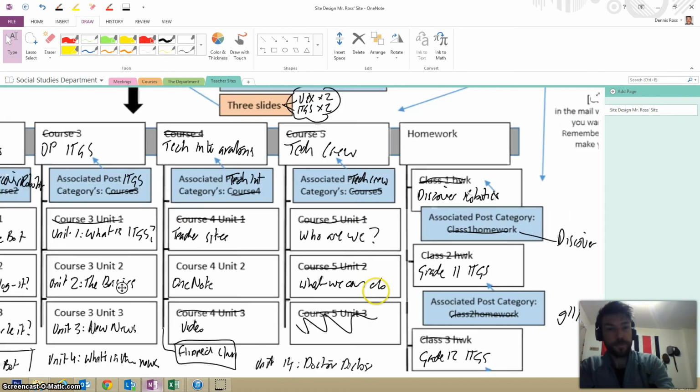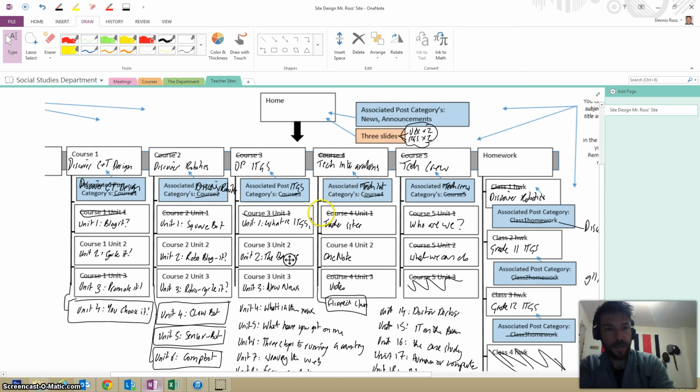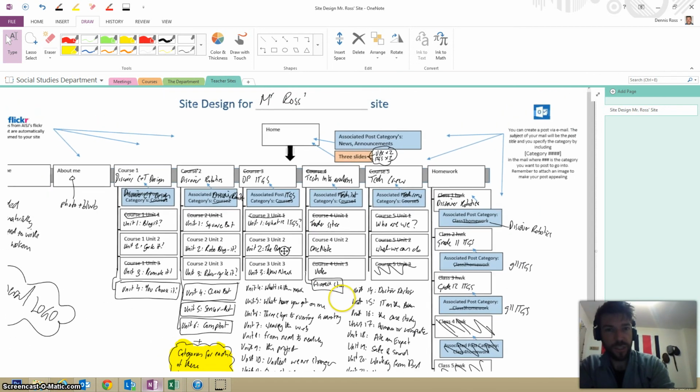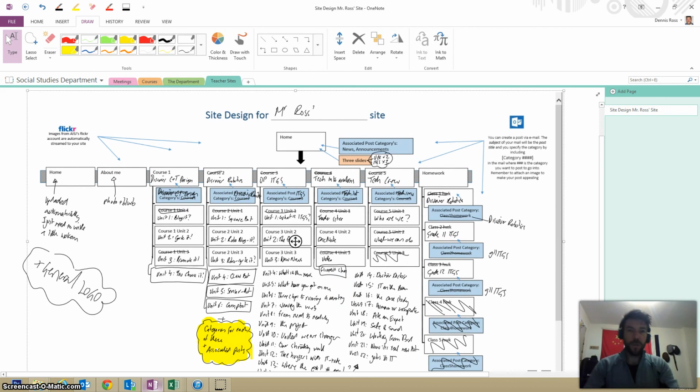So take a second just to take in that sheet. Because I've got my scope and sequences all sorted out, this took me maybe 15 minutes to do, with a bit of thinking about how I was going to split things and what I was going to include. And now, because that's written out,